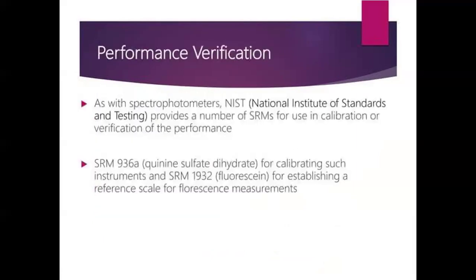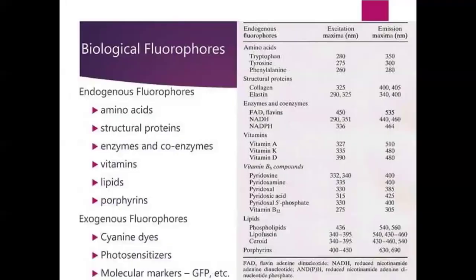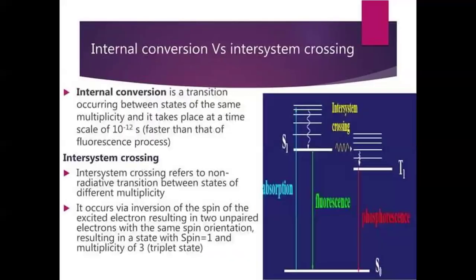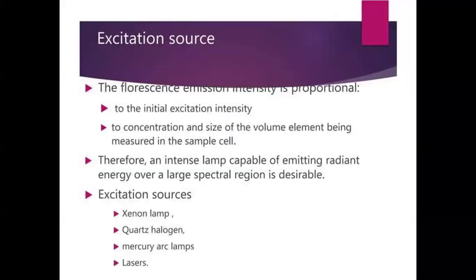So in fluorescence, what you should take care of is the principle of fluorescence, which is that the molecules absorb the light at one particular wavelength, get excited, go to the higher energy state, and they return to the lower energy state by emitting radiation of a different wavelength. So that is fluorescence, and phosphorescence is also a similar effect where the molecules can emit radiation at a still lower bandwidth. But here in the fluorescence spectrophotometer, you will be taking care of only the fluorescence, and the instrumentation is all about this.